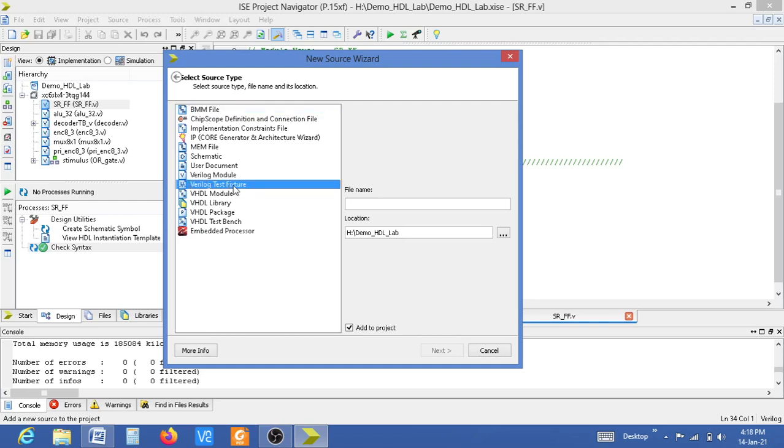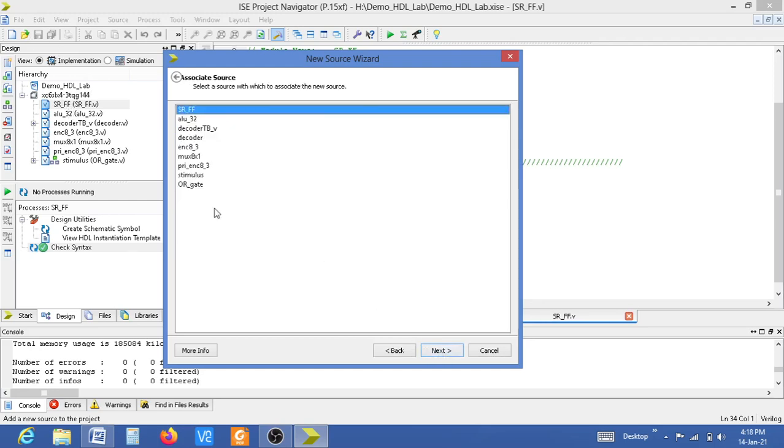You can write a separate program by giving a separate file name. For the SR flip-flop test bench I have given the name SR_ff_tb. SR_ff_tb is the test bench file name I am going to create for my SR flip-flop. Click on Next.